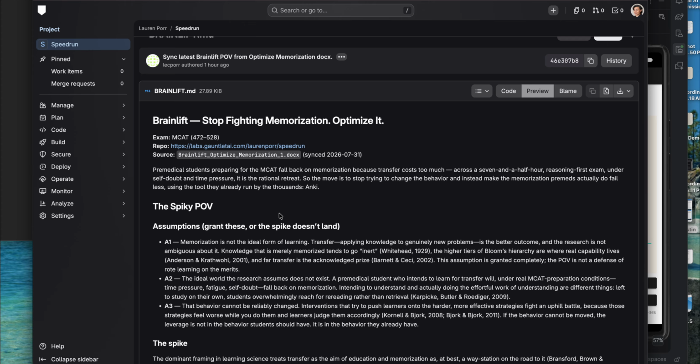However, in my research, I've found that students will fall back on memorization regardless of the good intentions to perform transfer. So, the spiky POV here is let's optimize memorization instead of trying to change a behavior so drastically that a student might not fall back on anyway.